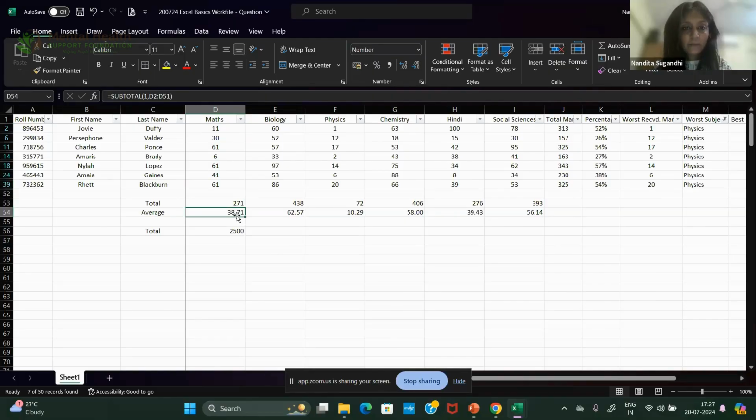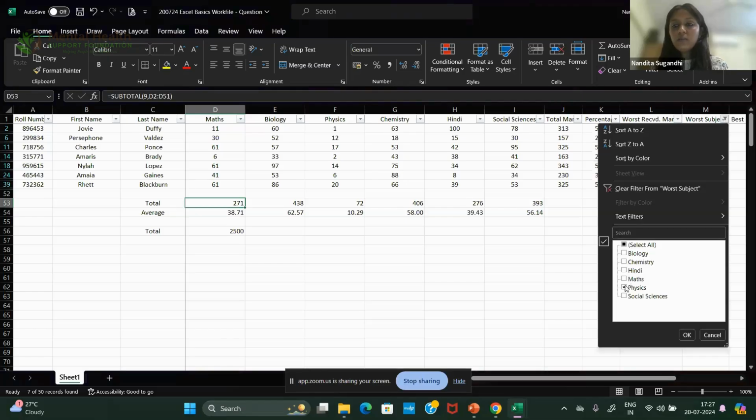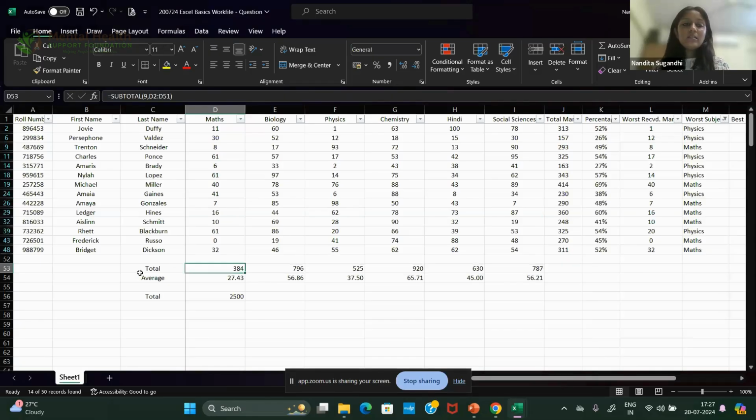Average is 38 marks. So when I am putting filters and selecting a partial set of data, my totals and averages will change using this subtotal function, and therefore I find it very useful and neat to show whenever you are doing a presentation to your management and they want to know, okay, I did sales at 26 DCs, but out of 26 DCs, what is the total sales at only 2 DCs, and we select only 2 in the filter. So say, if I want to know two subjects, maybe math and physics, how much was the total sales, you will get these subtotals not by using sum but by using this function called subtotal.